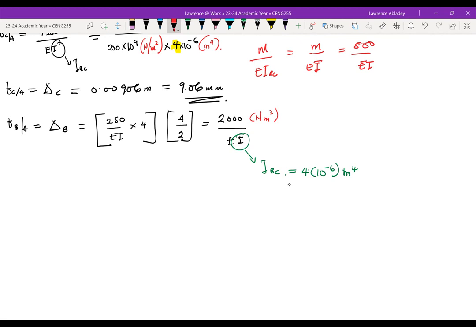And then E should be written in terms of Newton per meter squared. Okay. So if you do that, we should end up with 0.0025 meters, which is the same as 0.0